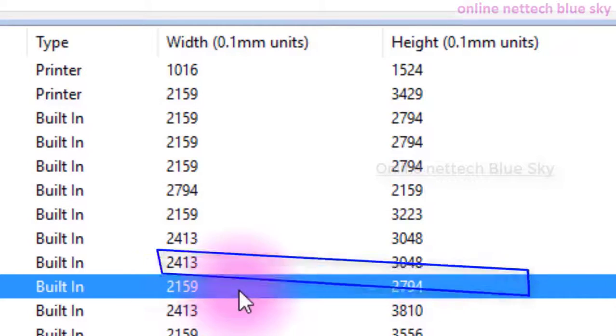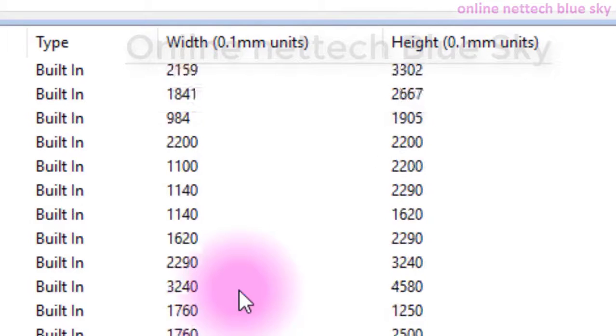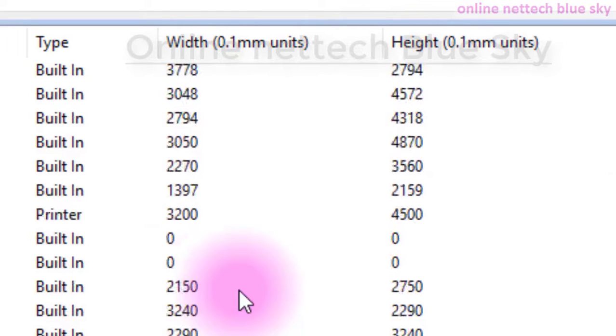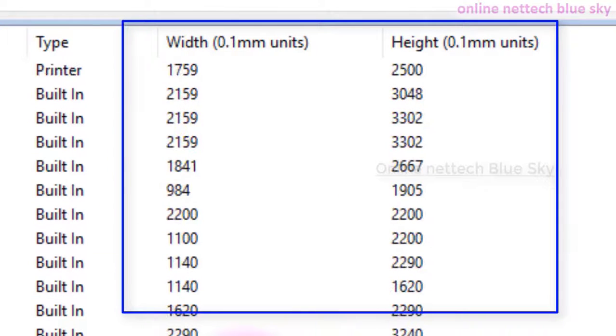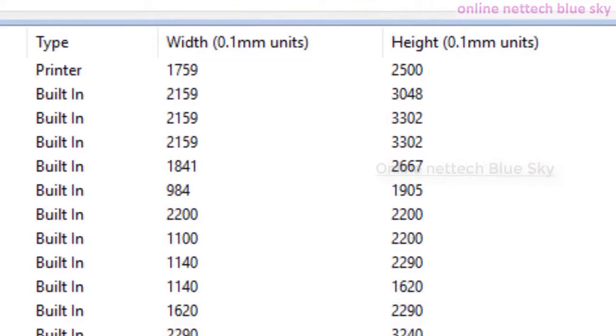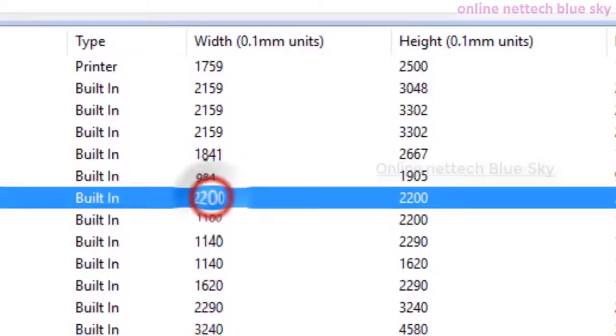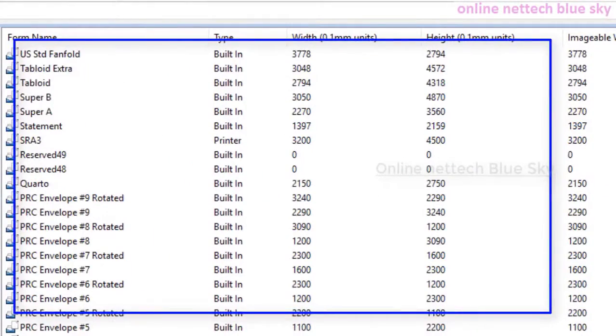Okay, so I'm just checking 2159 micrometer units. You can see the unit here. So by default the famous A4, A5, letter type and others. So you enter your printer and size, big label type, and big posters in your company.